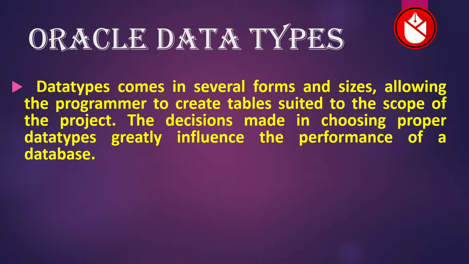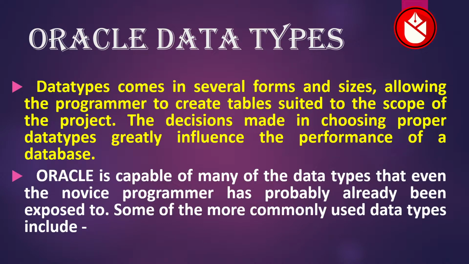The decisions made in choosing proper data types greatly influence the performance of a database. Oracle is capable of many of the data types that even the novice programmer has probably already been exposed to. Some of the more commonly used data types include: